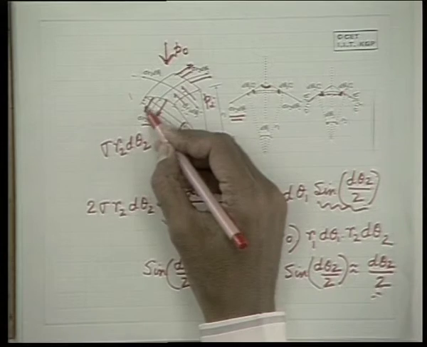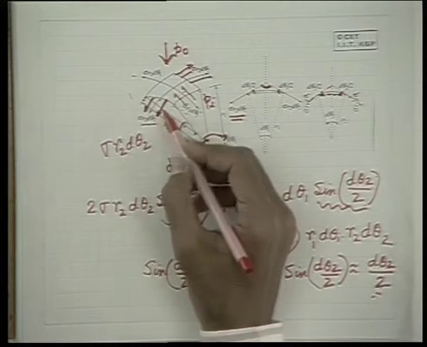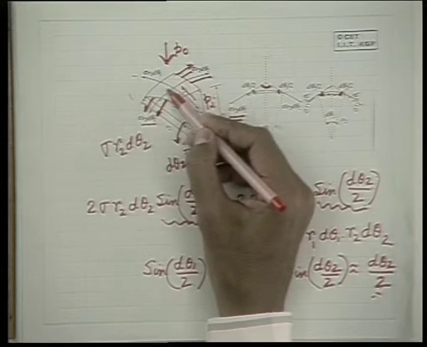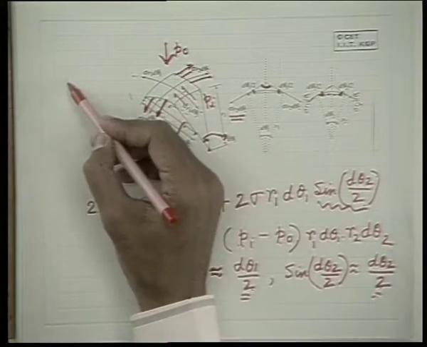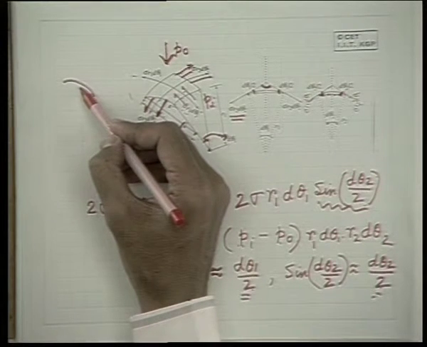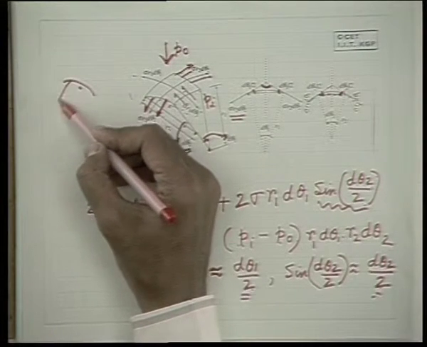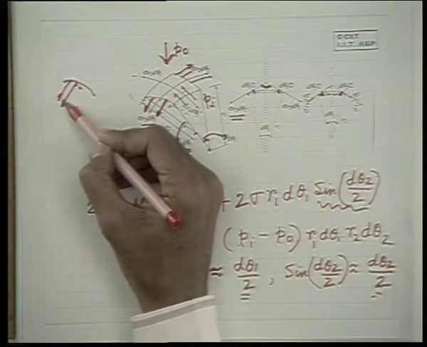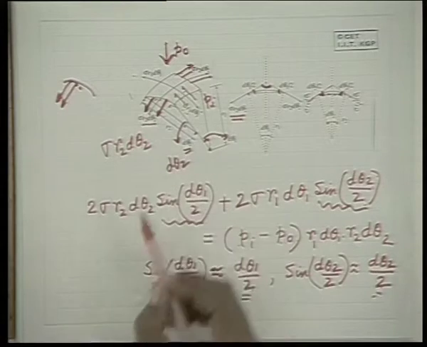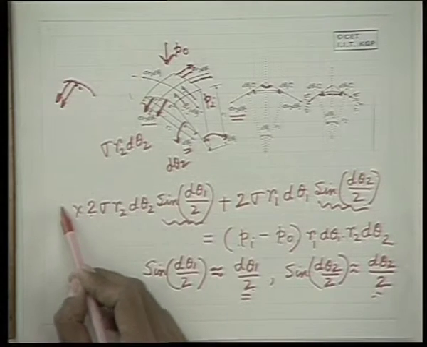The surface tension force will be doubled, because the surface tension acts from both the top portion of the gas and the bottom portion of the gas. That means this is the surface and air is there at the top and also at the bottom, for example. So from the bottom and the top we get at the same location the surface tension forces twice. That means this will be multiplied by 2.